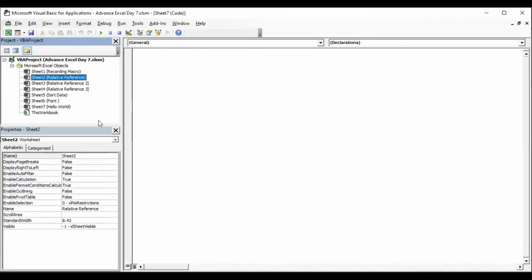Whatever task you do in Excel, even if you do a selection, type anything in the Excel sheet, apply formatting, colors, or change the font style, everything gets recorded in this VB environment.